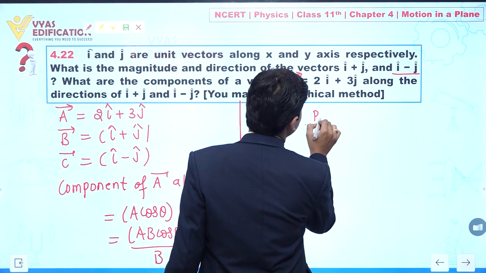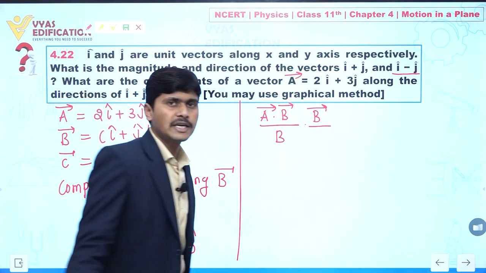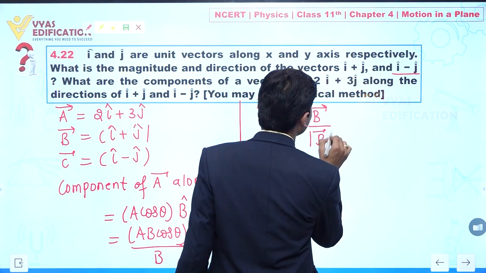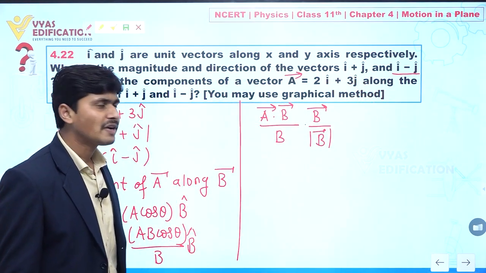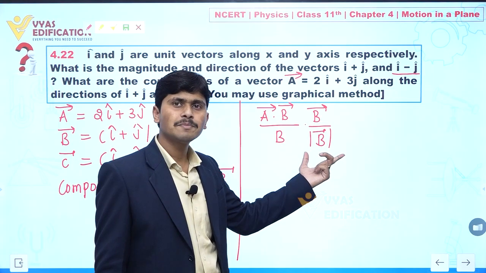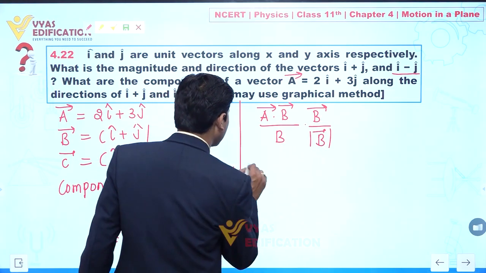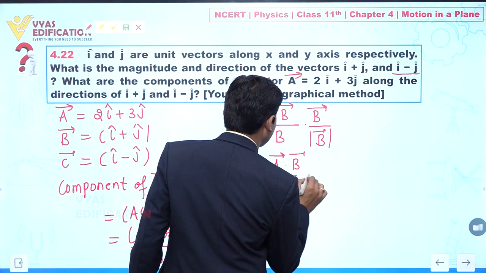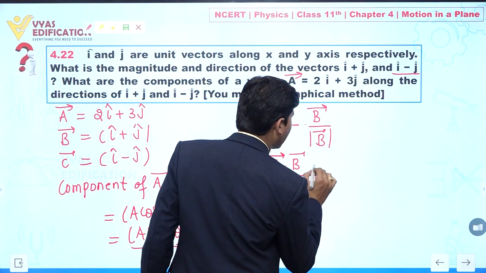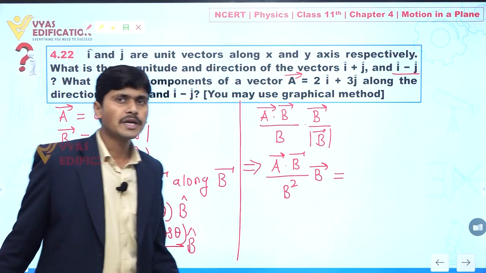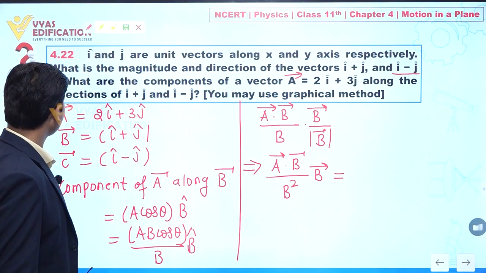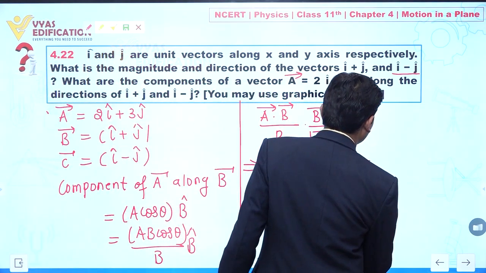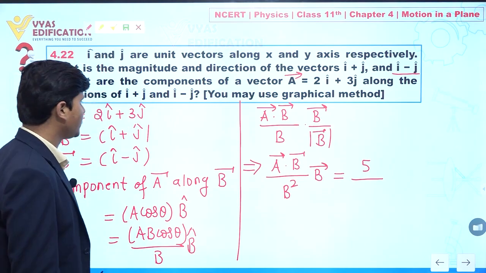We can write B cap as B vector divided by magnitude of B vector. Magnitude of B vector is equal to B, clear, because this is just the magnitude. So finally we can write this as A dot B divided by B square, and here we have a vector, this is B, clear. So A dot B. Now what is the dot product of A and B? We can say 2 plus 3, so this is 5,